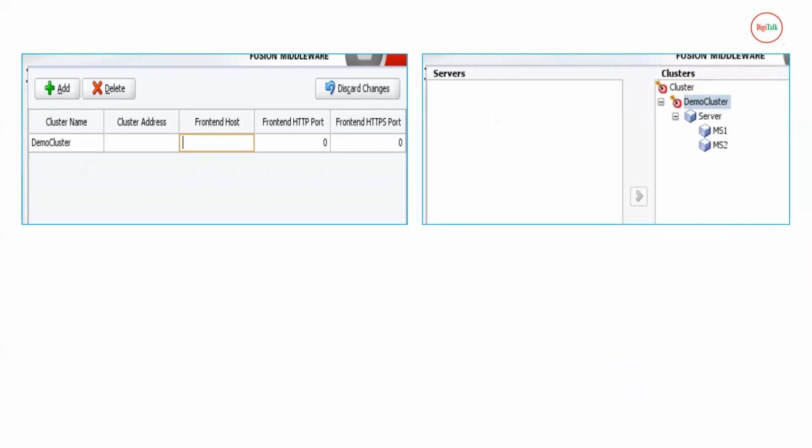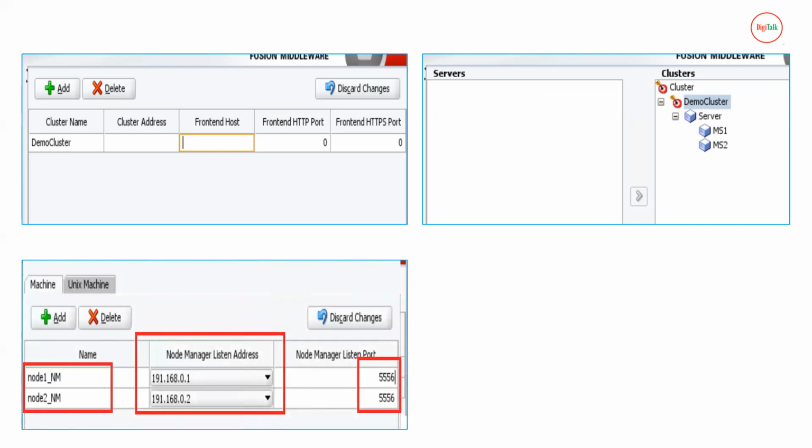On the next screen, you can just add and specify a name for your cluster. This will be the name of your cluster where you are going to add both of your managed servers in the horizontal cluster. On the next screen, you will see your servers on the left side, then click on your managed servers one by one, and assign them to your cluster with the help of the right arrow. It is not visible on the screenshot because I have already added them, but in your case, when you configure your domain, your managed servers will be shown on the left side. Click on the managed servers one by one, and then click on the right arrow to assign them to your cluster. Obviously, before that, you have to click on your cluster name, and then the right arrow will be enabled.